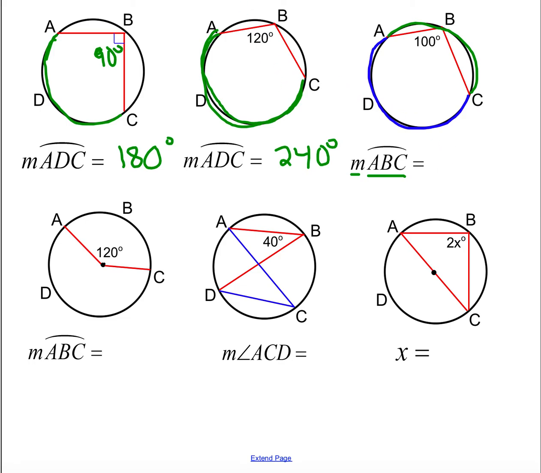Our correct answer will be 360 minus 200. If a full circle is 360, and we know this is 200, then this arc ABC, the rest of the circle, will be 360 minus 200, which gives us